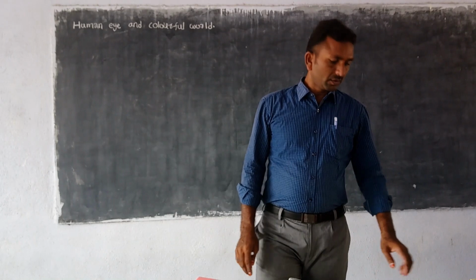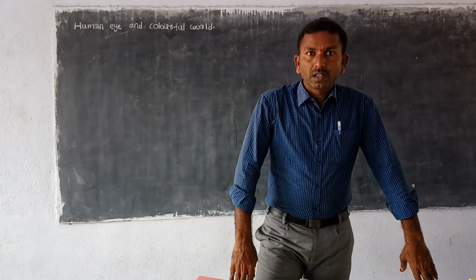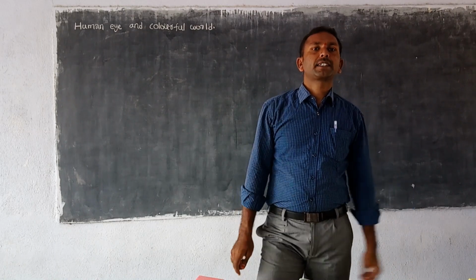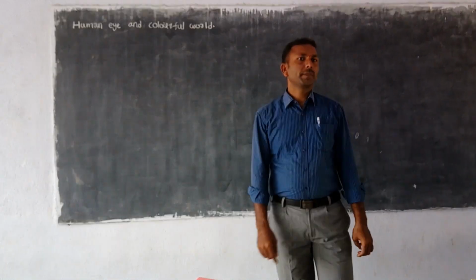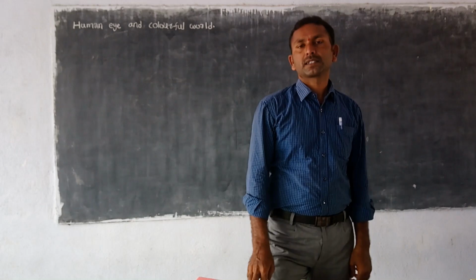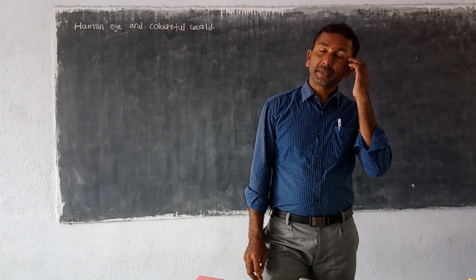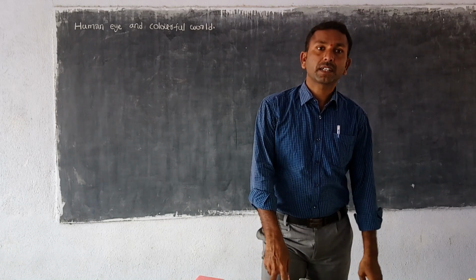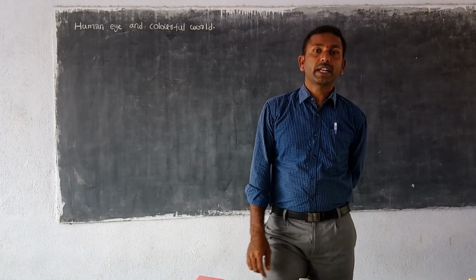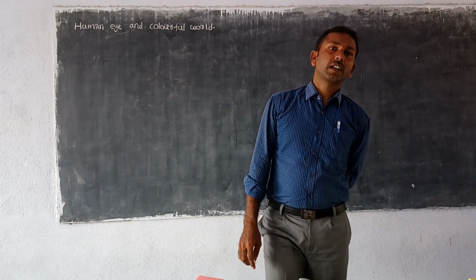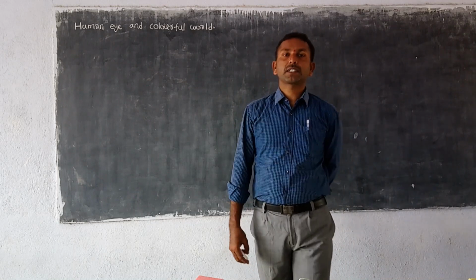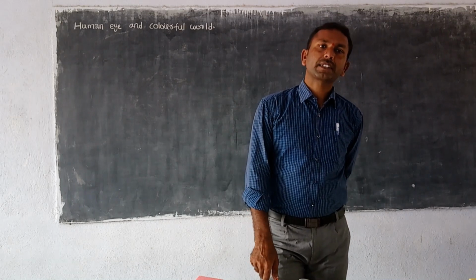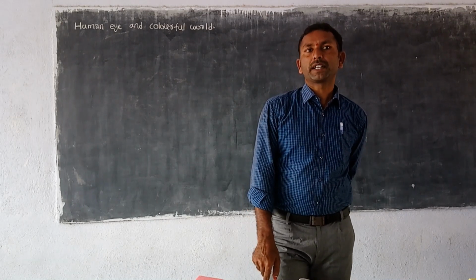Okay, so we have learned in the previous lessons about light, mirrors and lenses. How many types of mirrors, how many types of spherical mirrors, and how many types of lens; which lens converges the light, which lens diverges the light rays, which mirror converges the light rays, which mirror diverges the light rays. We learned in the previous classes.